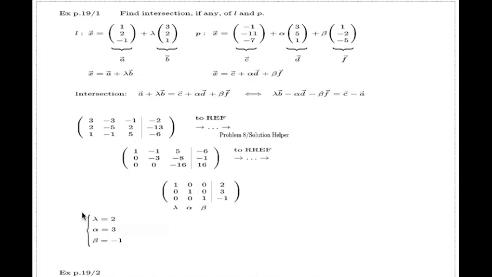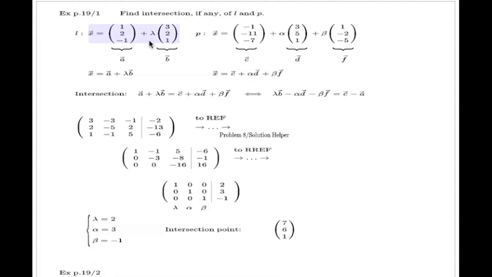Again, like I said, you don't need all of them to find the point of intersection. Just one of them will do. If you are in a time-stressed environment, you can do some shortcuts after lambda only, but shortcuts will go from the back substitution with the non-reduced row echelon form. So if I take this lambda equal 2 and I put it into my line equation, 2 will be here. If you do the arithmetic, it should be the point